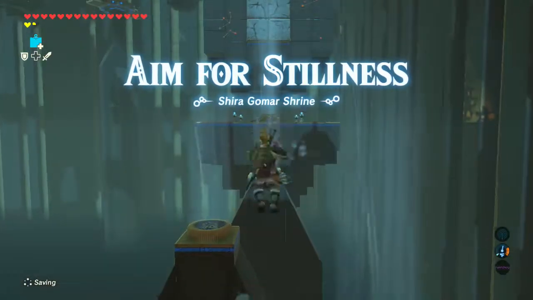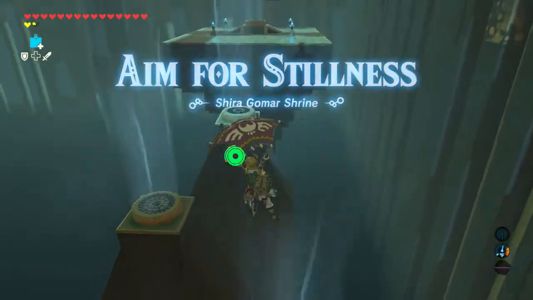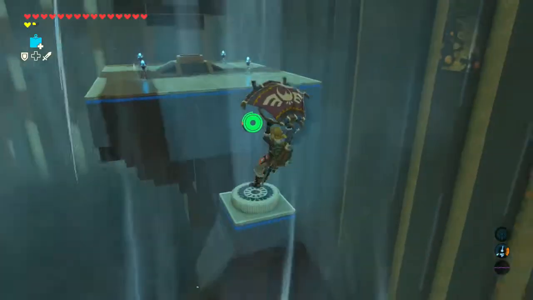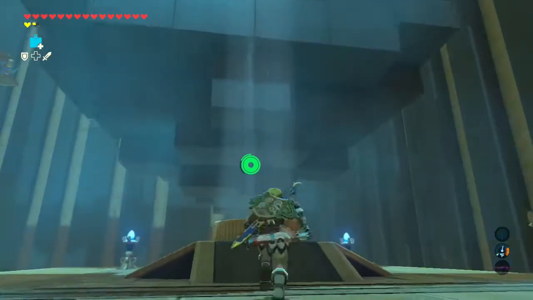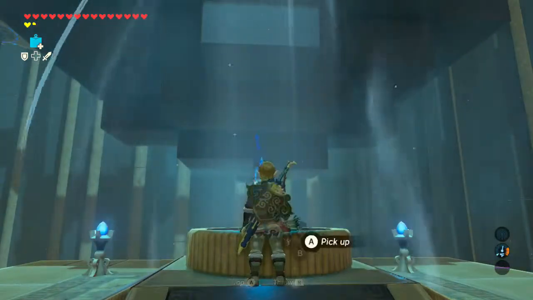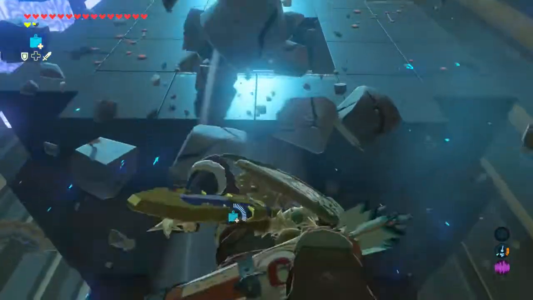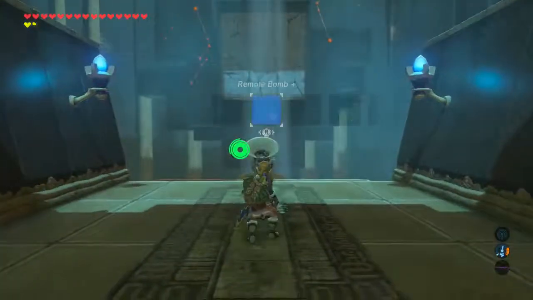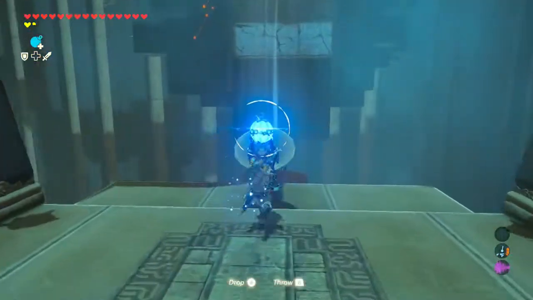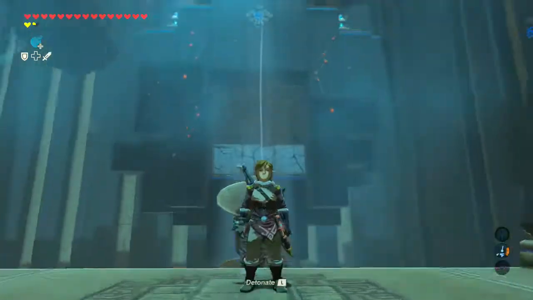This is a pretty fun shrine. I actually do like this one a lot. So, what I have to do is, first of all, get to the actual shrine itself. And second of all, you're going to have to use bombs in this shrine. So, it's kind of like playing with the concept of using bombs and the wind pushing them in order to break certain blocks, stuff like that.